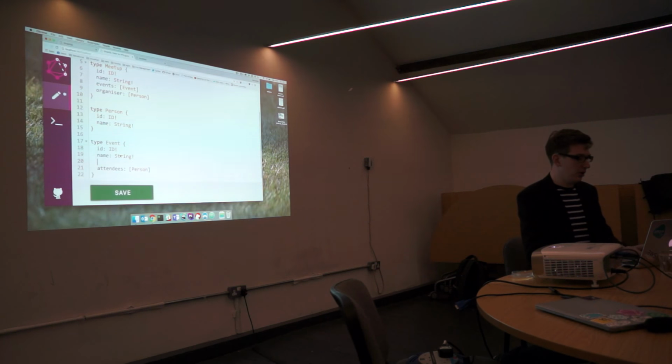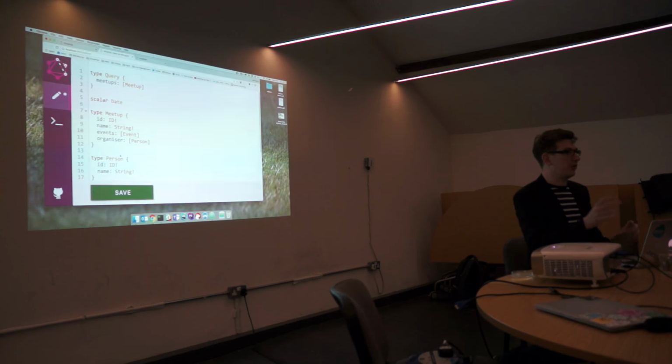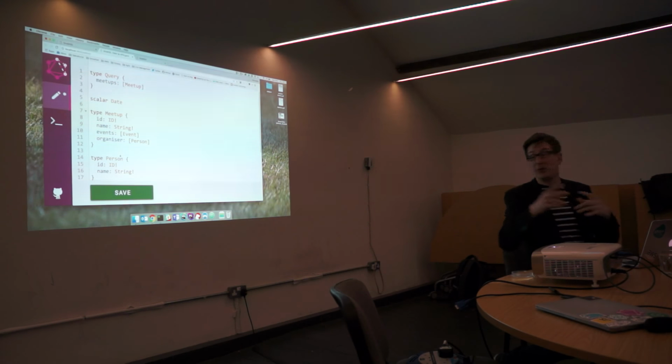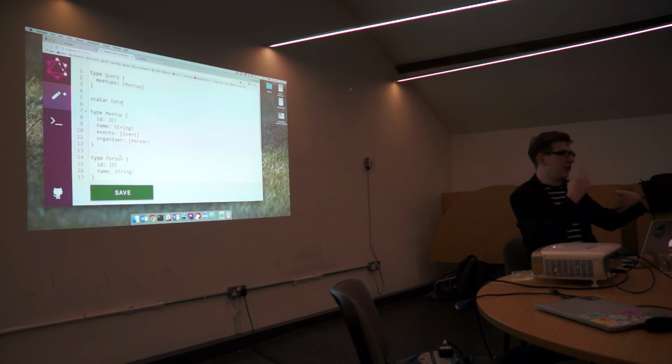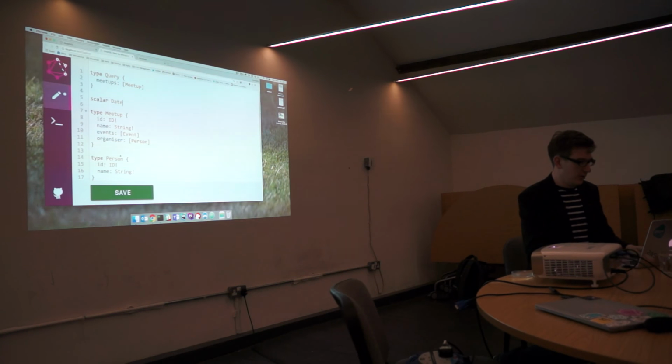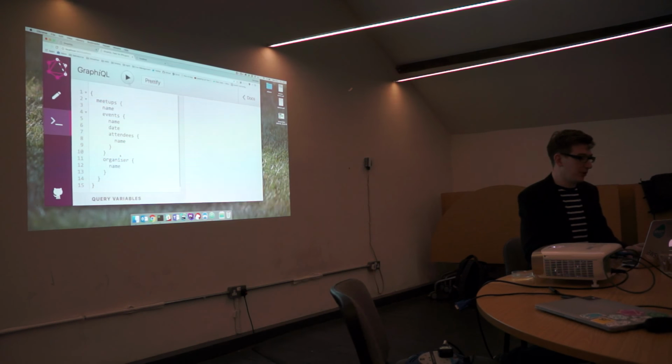And it's one thing as well. You can also do your own scalar types. So I say event has a date. I can say it has to have a date, and I can say that's a new scalar. And you can do some nice validation rules on the scalar types to make sure you conform to what you think that should be. So the date could be year, month, date, and you have to validate that to come back. So that's cool, and I can actually now go and query this.